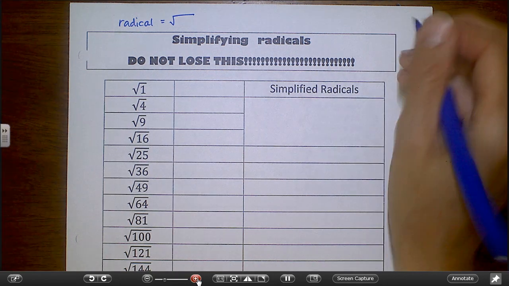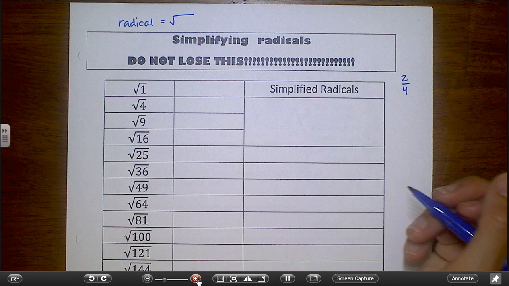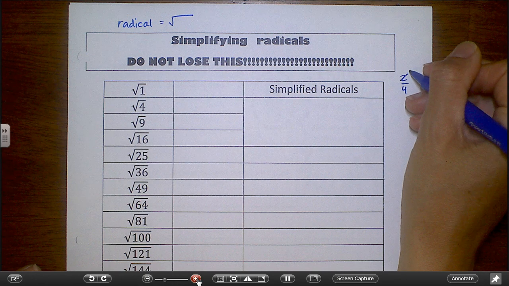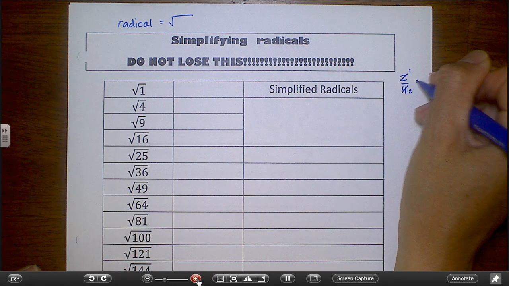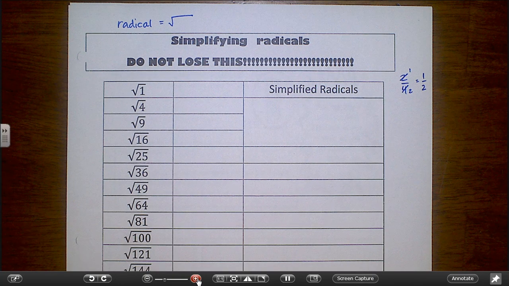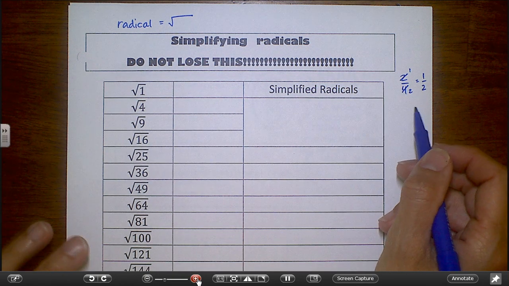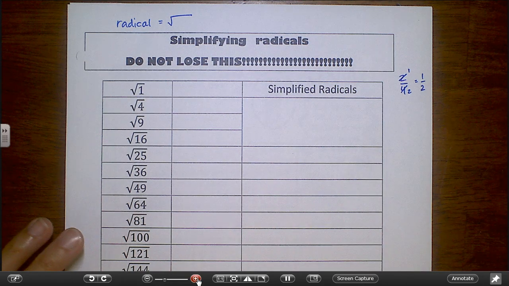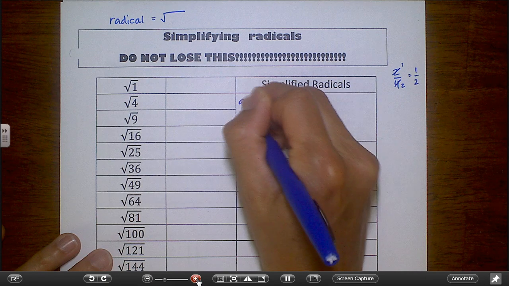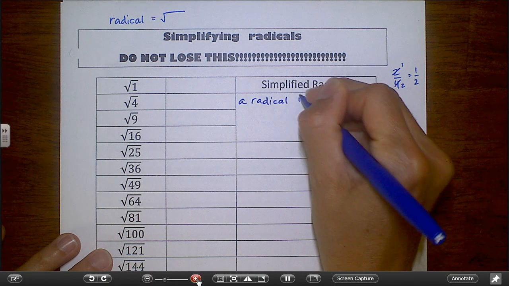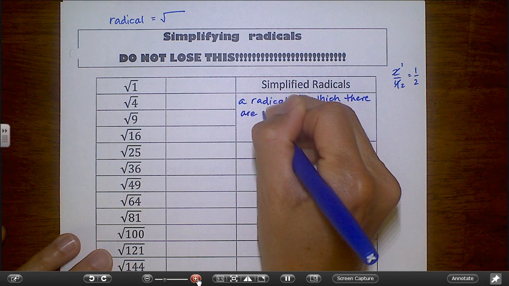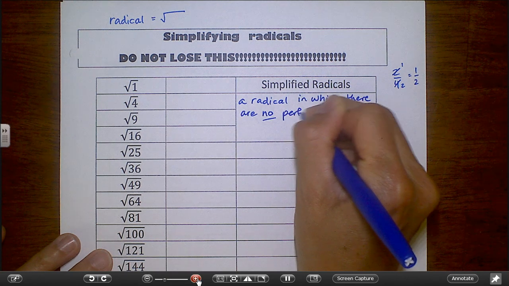When you simplify radicals, it's kind of like if you have 2/4. That's not in lowest terms, it's not a simplified fraction, because there's a factor of 2 that goes into both of those. So your simplified version is 1/2. Simplified radicals are kind of the same thing. They don't always have to do with fractions, but a simplified radical is a radical in which there are no perfect square